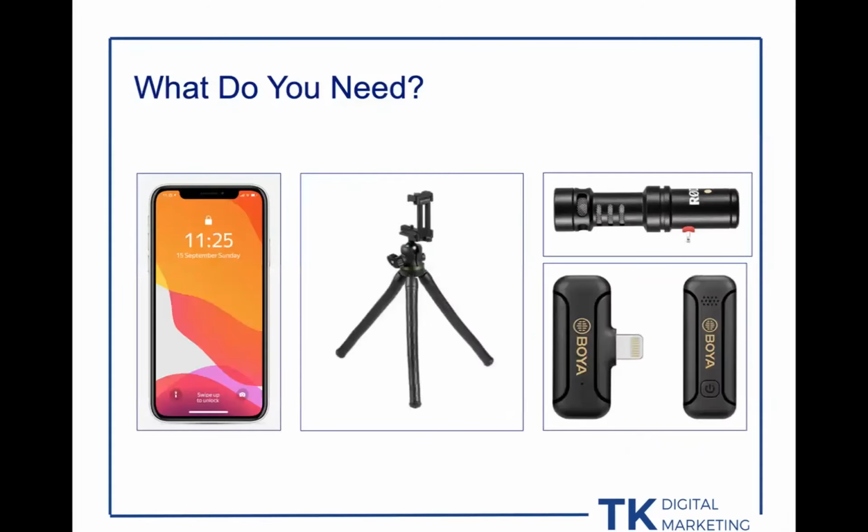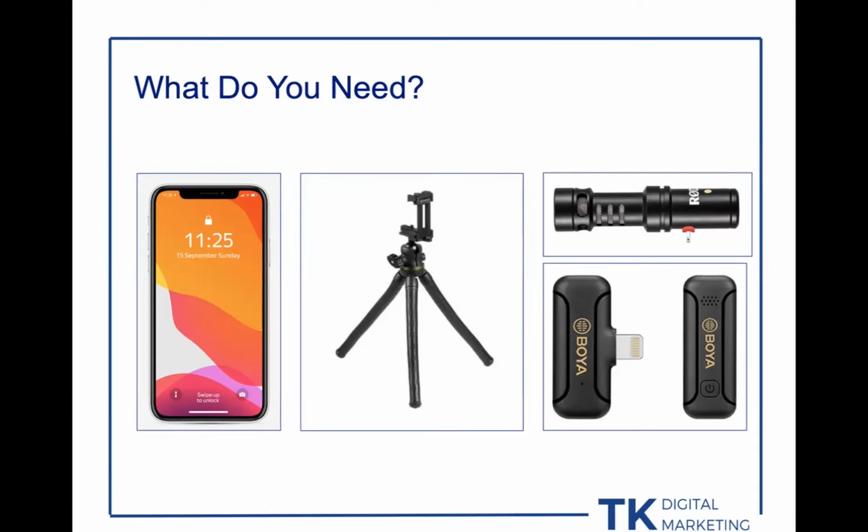So what do you need to get started? Well, everybody has a phone, hopefully. So that one's taken care of. But I do recommend having a couple other things. You don't need a ton of equipment like you do for long form video, but it does help to have a nice tripod, just a little mini tripod. I get a lot of my equipment from a place online called B&H Photo. They have a ton of stuff to choose from. So a little mini tripod works well.